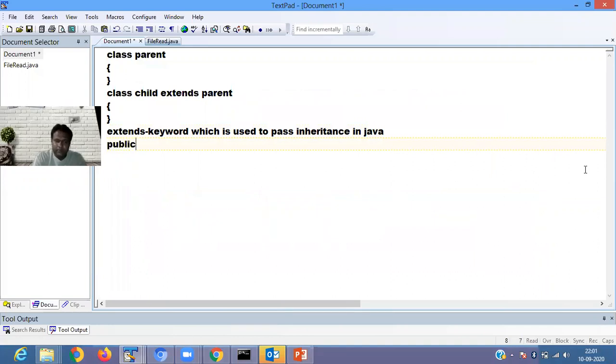So what have I mentioned here? Public means the members are accessed by any class and packages.